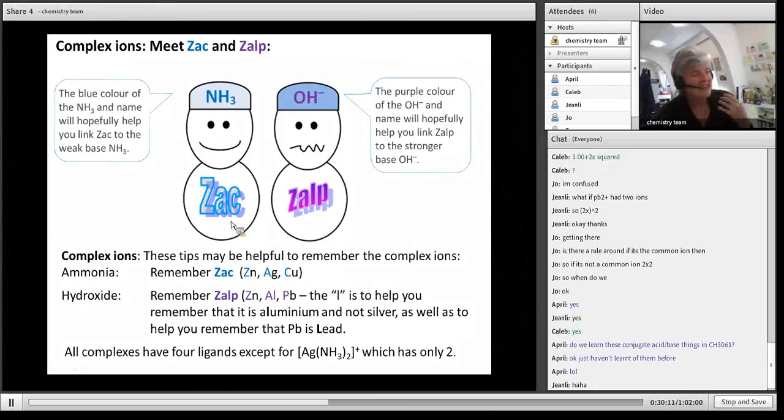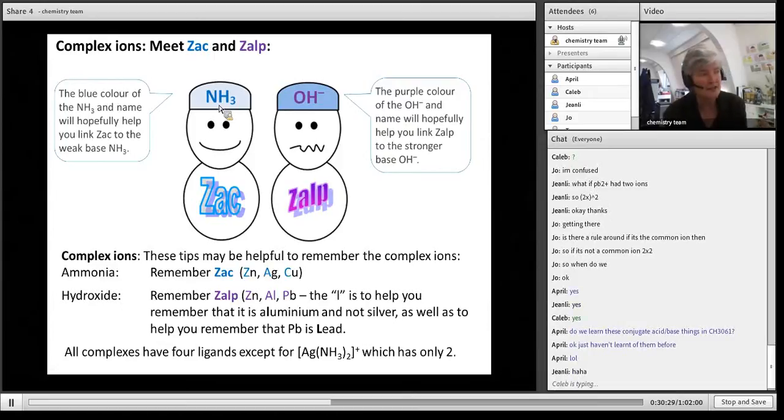Okay. ZAC and ZELP are your memory aids for complex ions. I've made ZAC a little bit lighter in color because he relates to ammonia. So any complex ions formed with ammonia, ZAC is your memory aid. Any complex ion formed with hydroxide, ZELP is your memory aid. So what does ZAC stand for? It's zinc, silver, and copper. All these three ions, when you add ammonia to it,